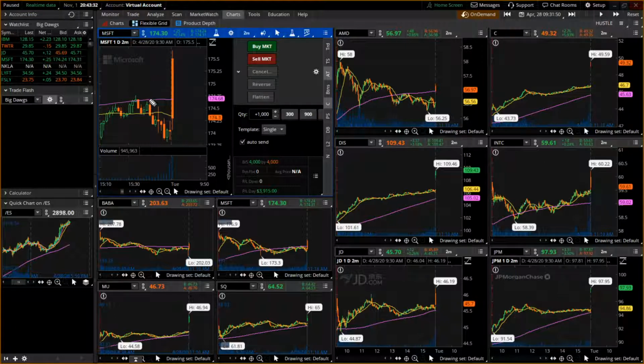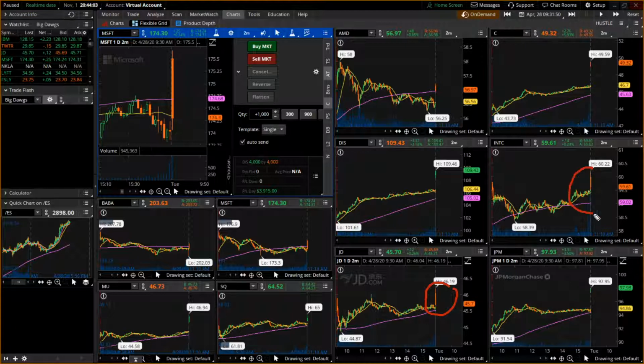So this is where the term dead cat bounce can come into play here on just a single bar instead of just a downtrend like this. Dead cat bounces can also happen on these massive power bars. So like I said, I was doing a little bit of simulated trading. I started to see Microsoft form a giant red bar. If you actually take a look here, JD's forming a really big bar as well,